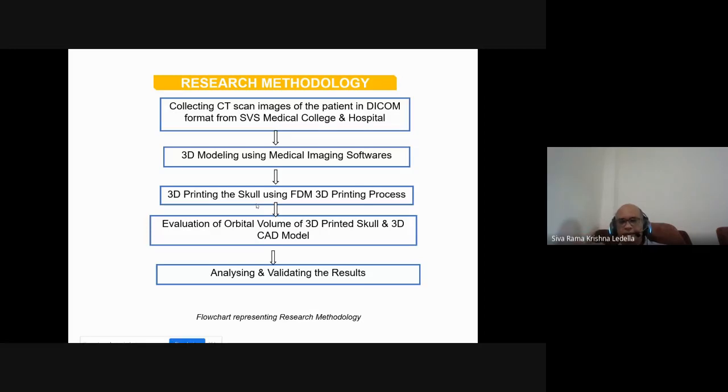Then again we produced only the fractured side after operation, because the unfractured side we already have. There will not be any change there because the operation is done only on the fractured side. Again we took the CT scan image and 3D printed the part. Then we measured the distances between the landmark points and compared this with the previous ones to find out the amount of restoration that happened. That's how we are going to suggest to the doctor how successful the operation is.